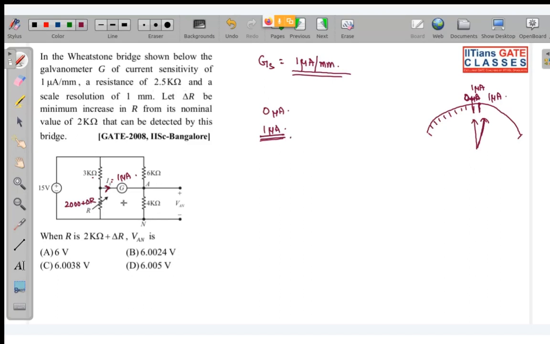Okay, fine. 2.5 kilo ohm. A resistance, here also it is given 2.5 kilo ohm. Anything else that has been given? Okay, fine. So now what we need to do is,